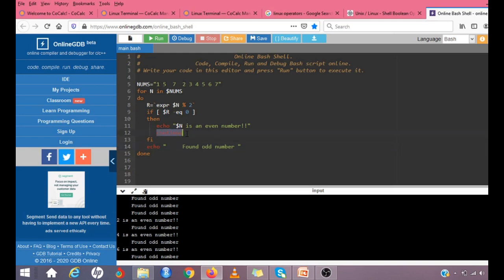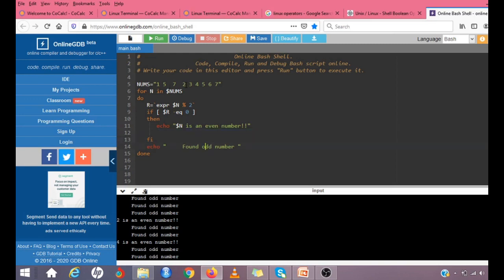Suppose you don't have this continue, we'll just see what happens. Found odd number, good. Found odd number for 5, it is good. And then 7. Now it encounters 2, n is equal to 2, and it prints n is even number, and then it just says found odd number.